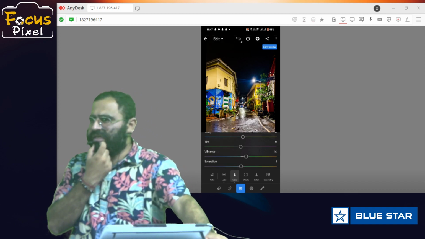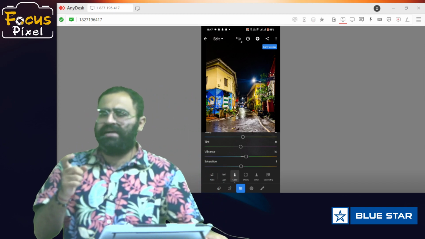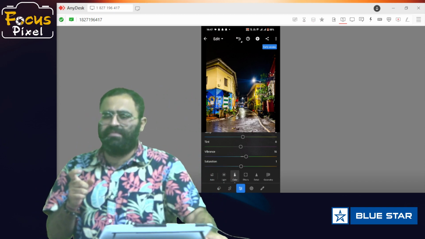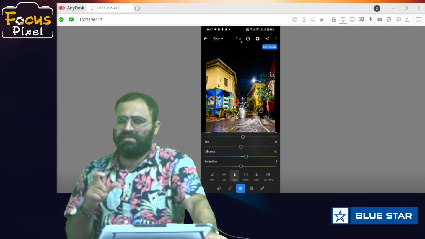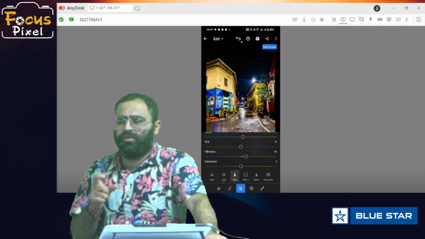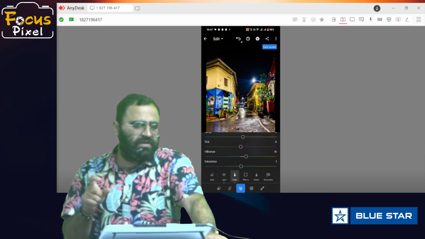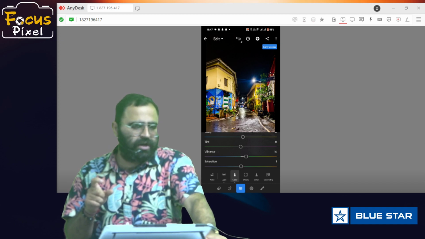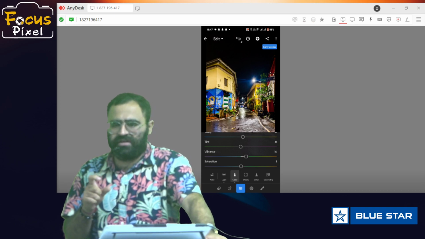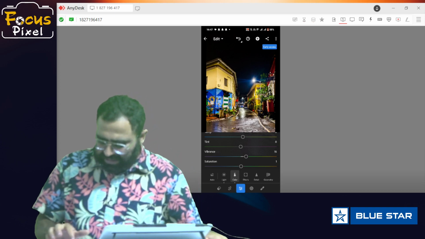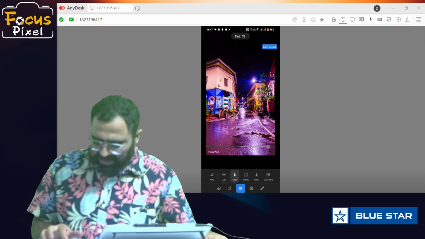Tint is that you can give the image like earlier we had photo filters like black and white. So after black and white come single color photos. Now single color photos use this tint technology. I can say one filter name which was more renowned, it is sepia. So sepia has the orange tint in it, red tint in it. So that tint you can use this. यहाँ पे ग्रीन एंड पिंक का आपको टिंट मिलता है.